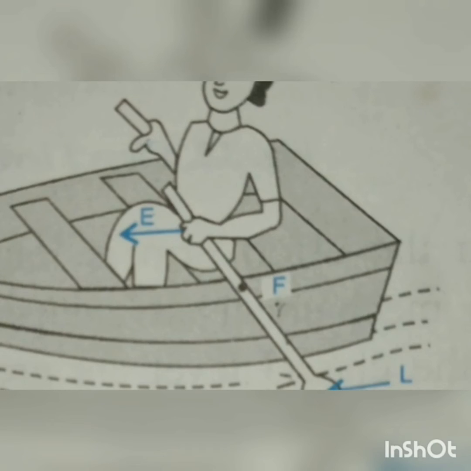A long handle oar used for rowing a boat by a single person acts as a lever of class 1. The point at the edge of the boat at which the handle rests acts as the fulcrum, and the boatman applies the effort at its one end by keeping the effort arm shorter than the load arm, so as to give a large movement to the blade of the oar to push water back through a longer distance. The force of reaction exerted by water on the boat moves the boat forward. Its mechanical advantage is less than 1.